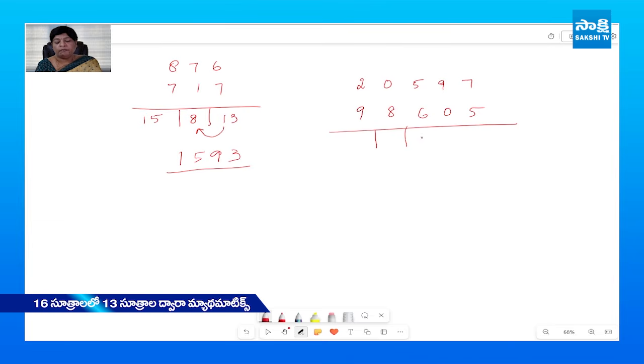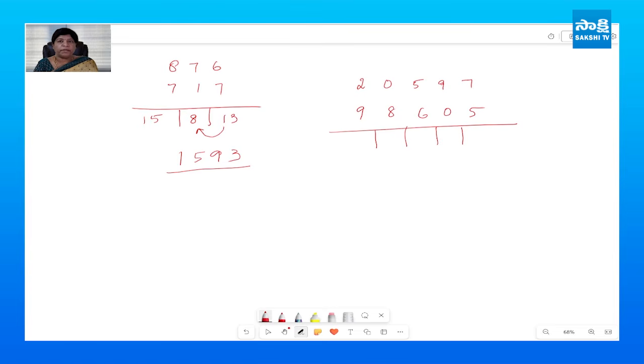I start by drawing a line separator, and I'm going to add the numbers based on the place value. So 2 plus 9 is 11, 8 plus 3 is 11 again, 9 and 12. Here the extra digits in the place value will be carried forward and added. So I'm going to add 1 to 9, which gives me a 10. So I retain the 0, 1 is carried forward. So 1 plus 1 is 2. Again, 1 is carried forward to the next level. So 1 plus 8 is 9. And 1 is the answer to this problem.